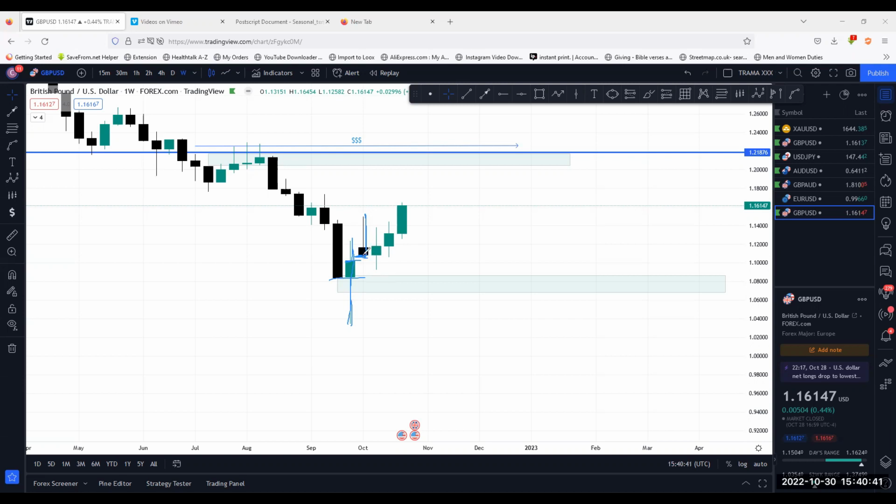That means bearish. Okay, let me take that off so you can see it. It closed bearish. So what happened? The market closed here and opened here, not up there, no, here. And guess what it did? The market wicked all the way down. That means it dropped. The market had to sell first. When it sold, to what? To cover the gap. Remember, it has to fill that gap. And then what did it do? It pushed all the way back up, and headed all the way up here.